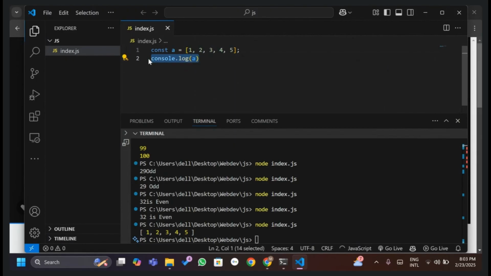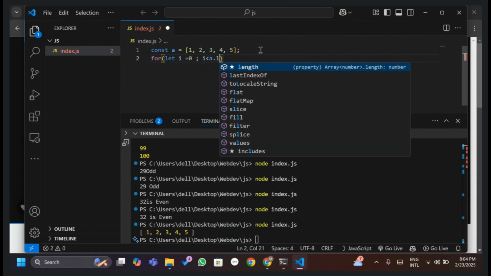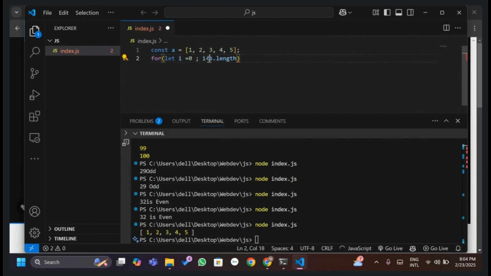But now let's say I want to print it line by line. What I can do is for let i equal 0. Why i equals 0, sir? Because the index of an array always starts from 0. So this is my 0th index, this is my first index, this is my second index, this is my third and fourth, right? So this is how it goes. I'll start with 0 and go while i is less than the length of the array, because I want to go till the end of the array, right? So I'll say a dot length. a is my data structure, that is an array, and dot length